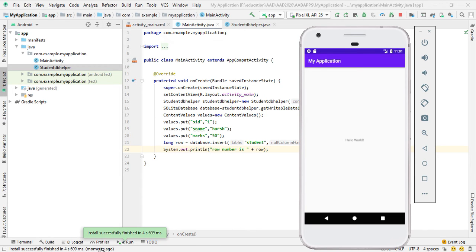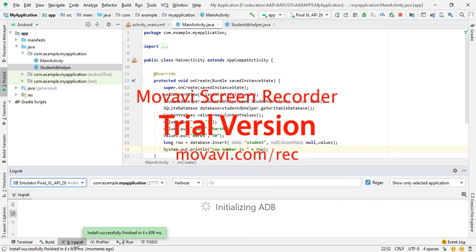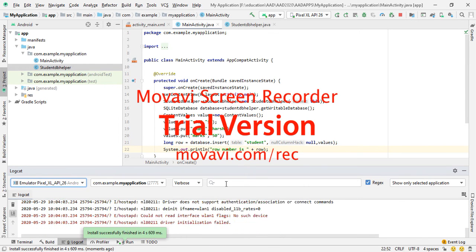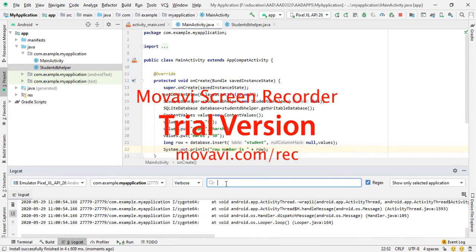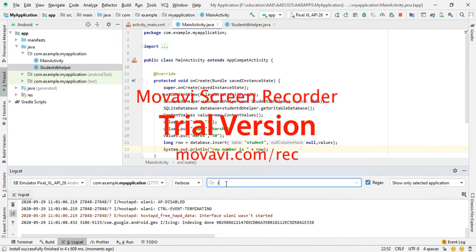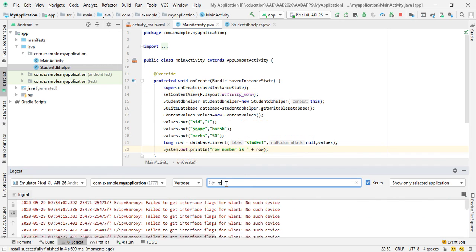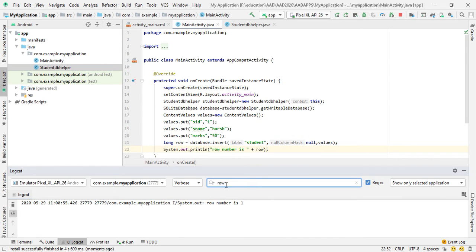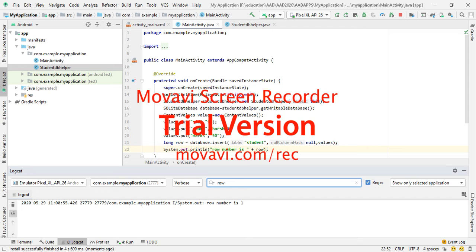Now here in Logcat we can check the message, row number. The row number value is 1. That means we have successfully inserted the first row.